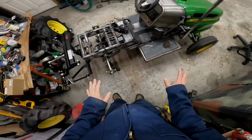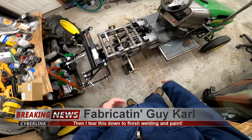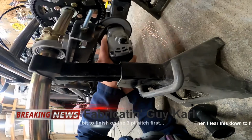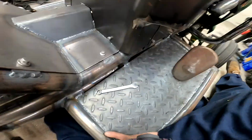Alright, today I have no particular goal except get as far as I can. I'm going to start with getting the bottom of this triangulated up to the back of my frame. Alright, I'm going to try and shoot that up to here-ish. So, let's see. Next,